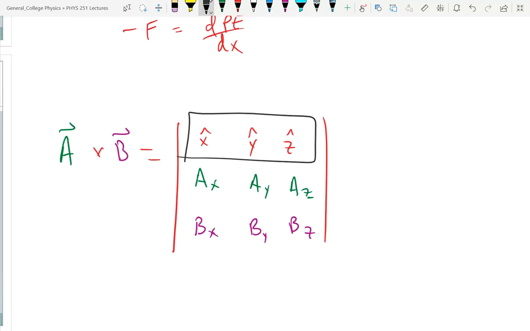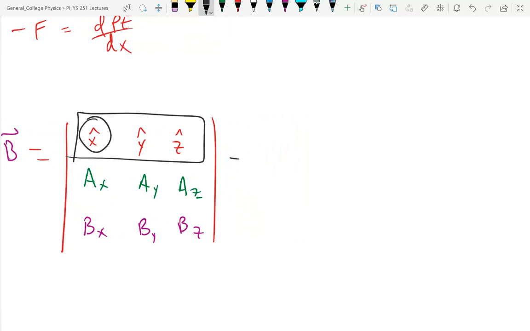Then for each item in that row or column, you take the item and multiply it by the determinant of its co-matrix. All these words, probably new, right? No? It sounds familiar. The co-matrix is the matrix if you take out the row and column of that element. So the thing in the box is the co-matrix to the x in the circle. The x in the circle we call the cofactor. So it's the cofactor times the determinant of the co-matrix. So my cofactor is x hat, and then my co-matrix determinant